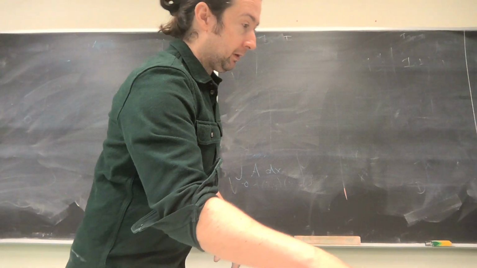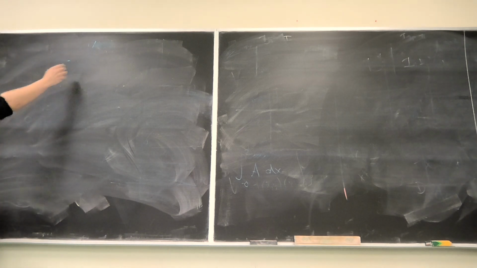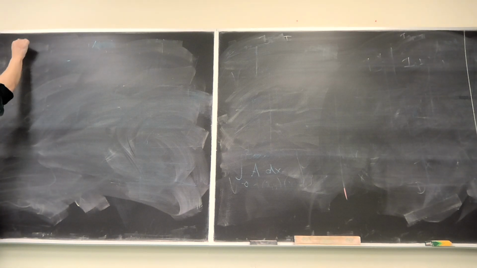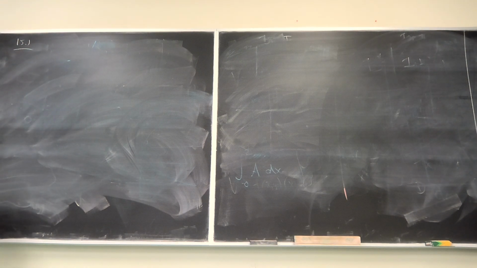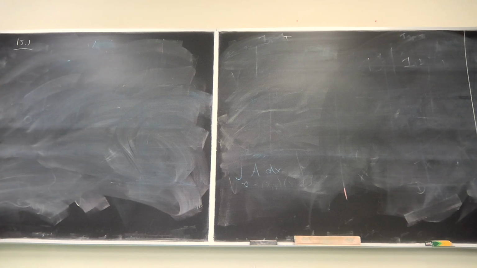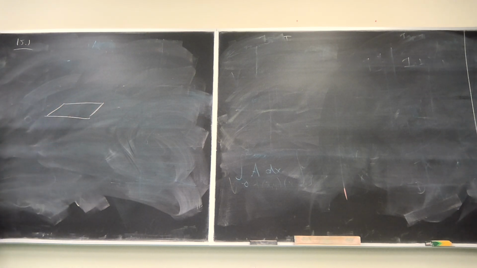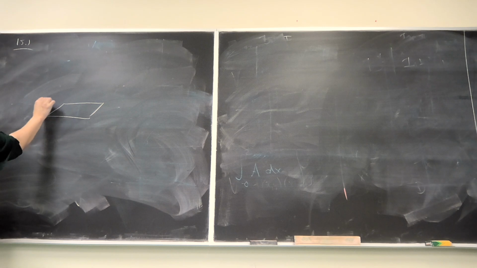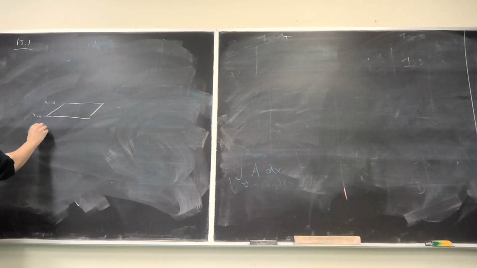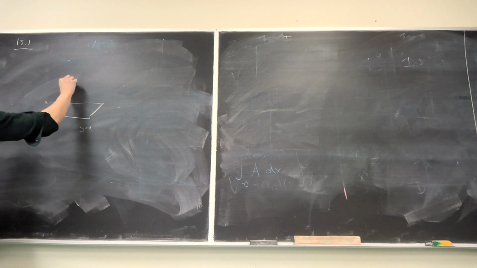So last time, the 15.1 idea was that if you had a surface sitting over the top of a rectangle, there was a really easy way to calculate it. You could do it as an iterated integral. So if you had some rectangle down in the domain, bounded by, say, x equal to a, x equal to b, and then y equal to c and y equal to d, and the surface was sitting up here,